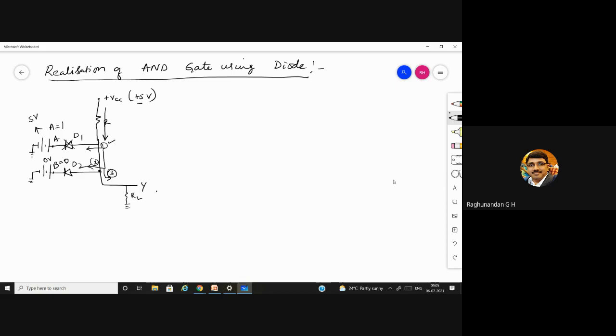Let us analyze. In the first option, can the current go like this? No, sir, it is in reverse bias condition. So this option will not be possible. Next, let us see this one. Whenever the current starts flowing in this direction, this diode D1 becomes forward bias, and you know that the forward bias diode offers least resistance. Compare, and third option is going to the load resistance.